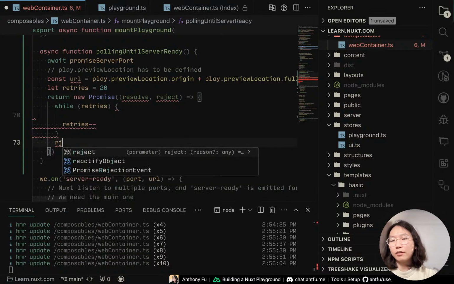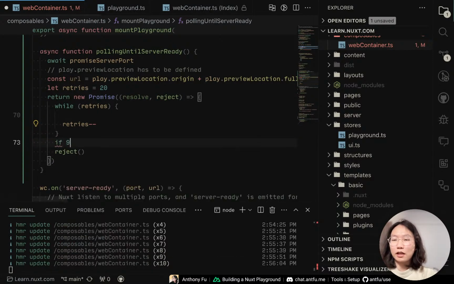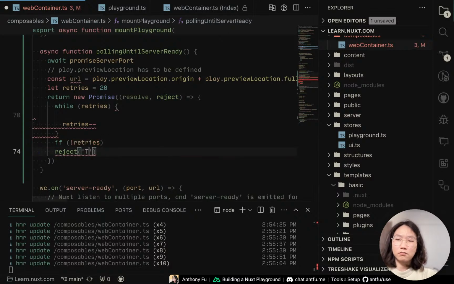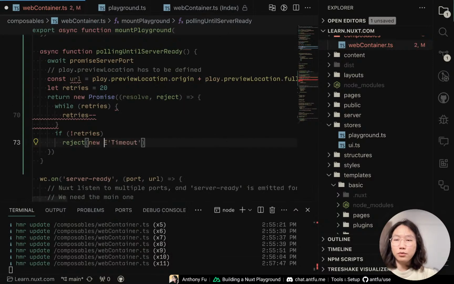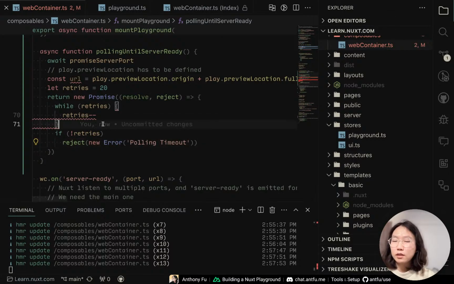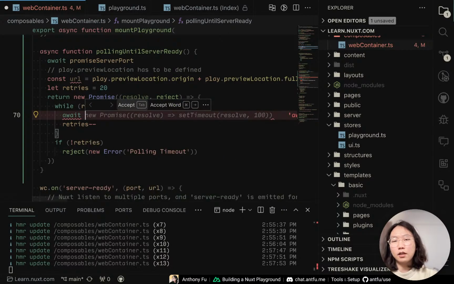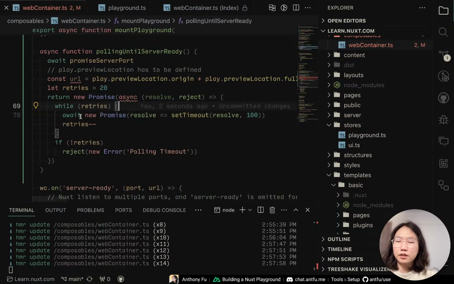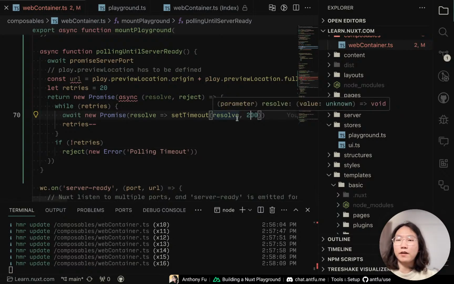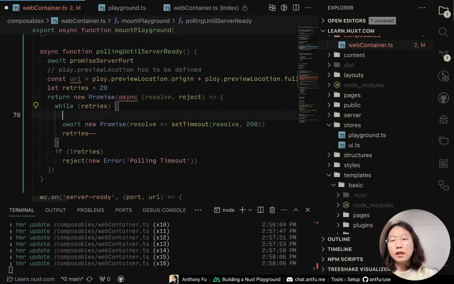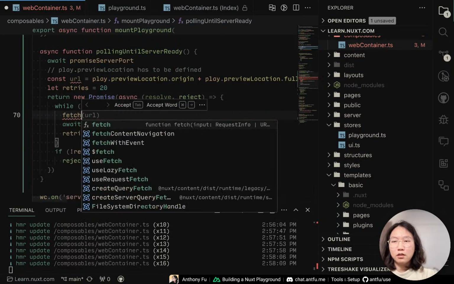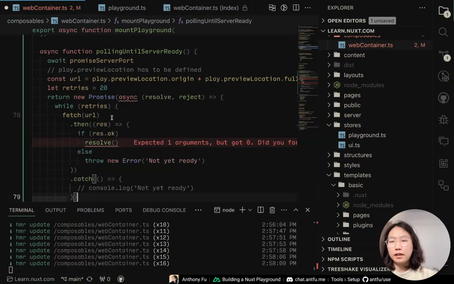exit. So then we can have a reject here. If we no longer have any retries, we can say timeout, a new error, like that. So we have a polling timeout. Here we need to await a new promise to wait a bit. We wait for maybe 300 milliseconds, 2, I guess 2, so every second we're polling 5 times. And then here we just fetch the URL we have, and then we have the